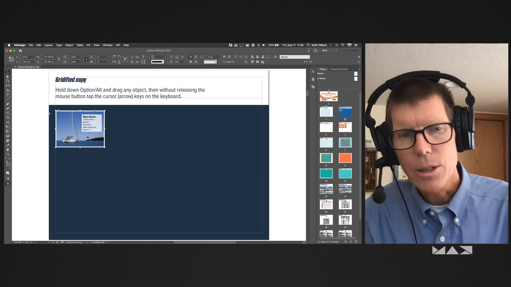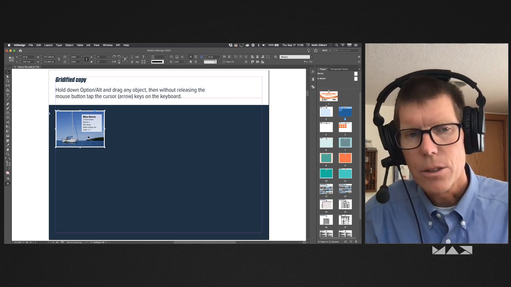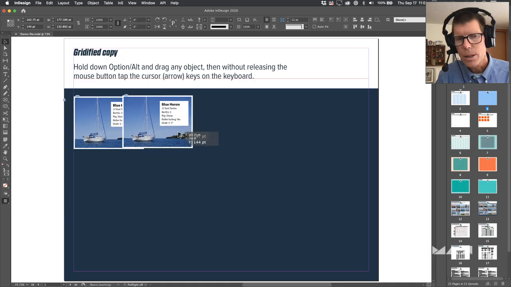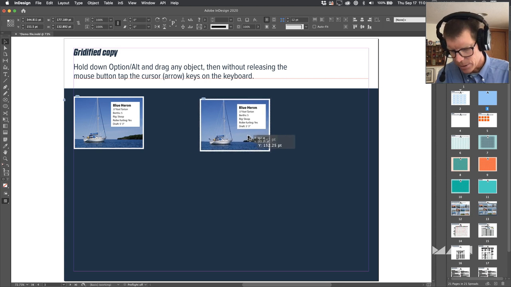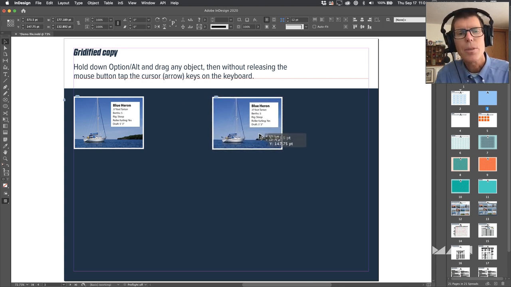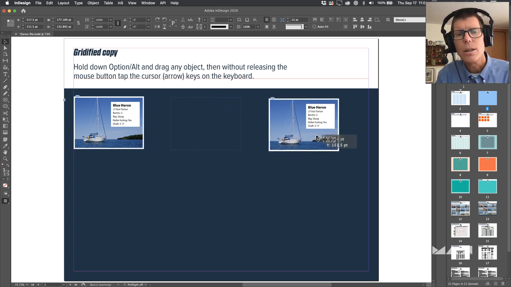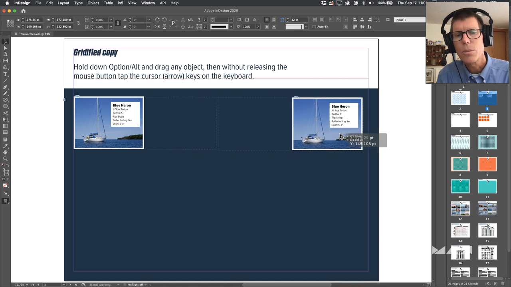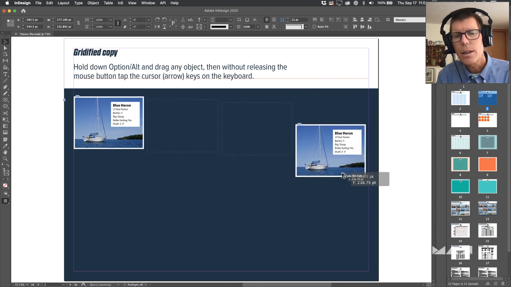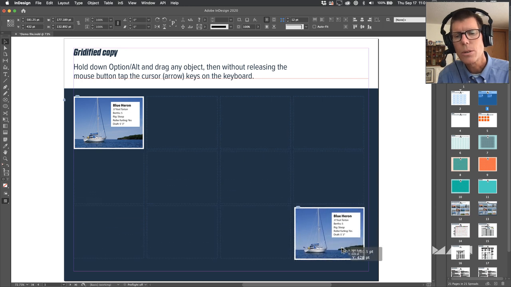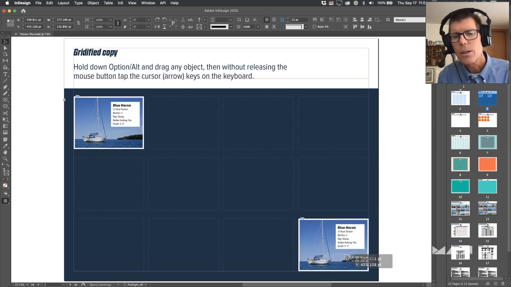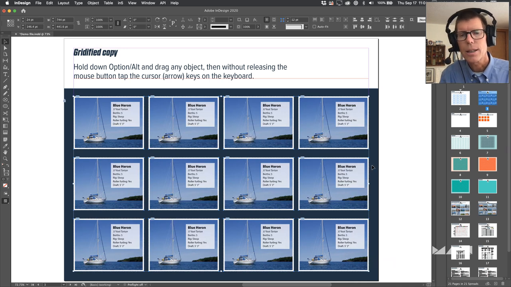So I'm going to hold down Option or Alt, drag this object to create a duplicate, and then with my third hand, I wish I had a third hand for this, I'm going to tap the right arrow key a couple times to create 2 more columns, and then the up arrow key a couple times to create 2 more rows, and let go of the mouse, and there I've got a perfect grid of those objects.